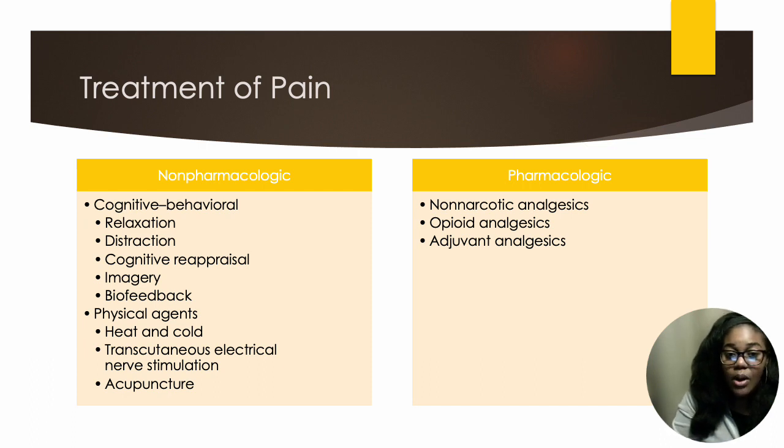As far as your pharmacological methods, of course, you want to try your analgesics. You have two different types. You have non-narcotic analgesics, which include NSAIDs, Tylenol, aspirin. But what they do is that they help block those nerve impulses, and it ultimately helps decrease the production of prostaglandins. It helps to decrease the production of prostaglandins, and it also helps to decrease your sensitivity to histamines or